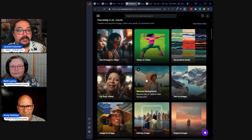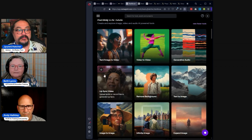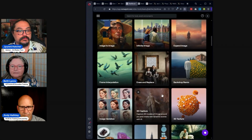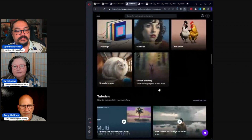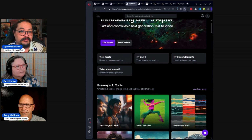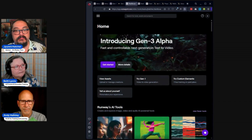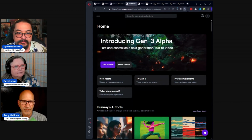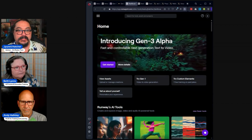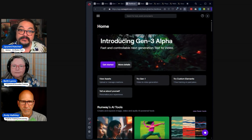So like removing background, adjusting your video to another type of video style, lip syncing their video, even though this is relatively new. And you can use all of these different tools, erase and replace, 3D capture, 3D texture, right? There's a couple dozen tools that you can use to adjust your pre-existing output or your pre-existing film, video, images, things like that. So you can take advantage of their suite of tools other than Gen 3. So this won't be focusing on those tools too much, just that as an overall package, it's definitely worth the price for that standard